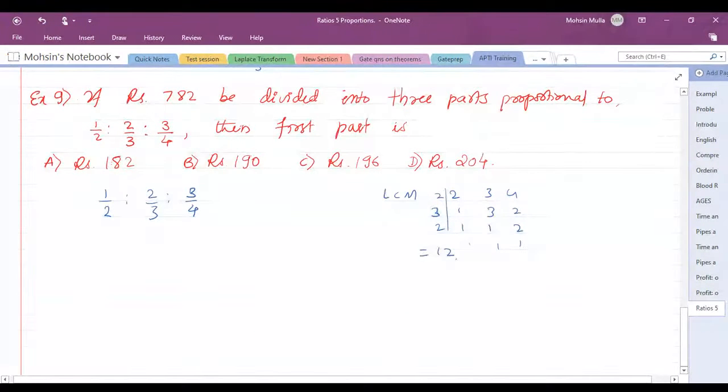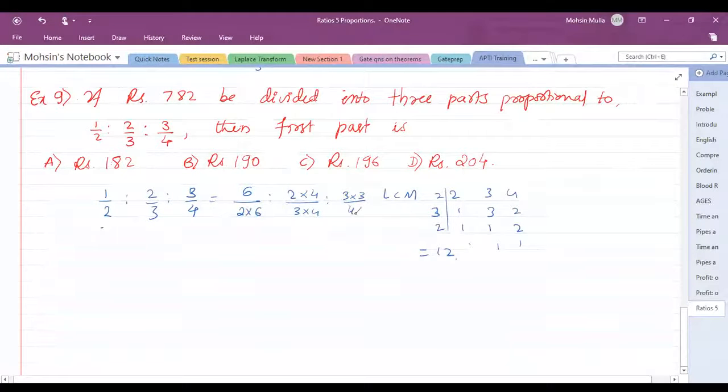Now to make the denominator 12, what should you do? You have to multiply this 2 by 6 here. The numerator also will be multiplied, meaning in both numerator and denominator that common term should be there, because we cannot change that. So here I am multiplying and dividing by 6, so automatically I will get the denominator as 12. Similarly here, if I multiply by 4, I will get that. So it is 3 into 4. And here I need to multiply by 3, so 3 into 3 divided by 4 into 3.